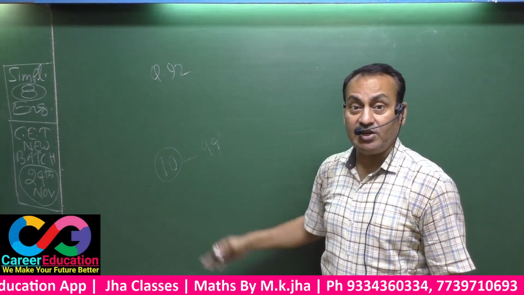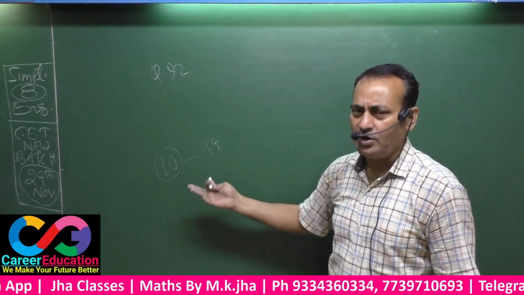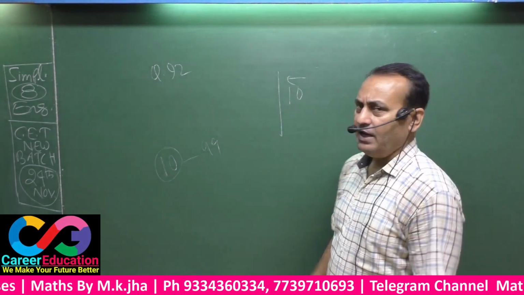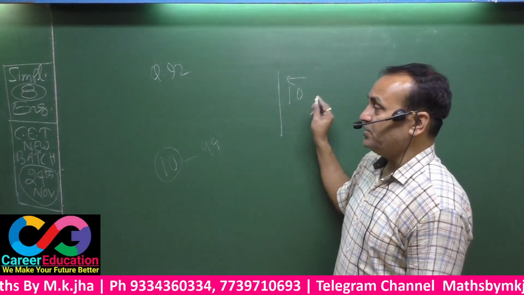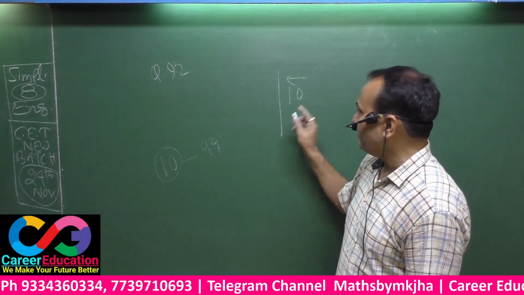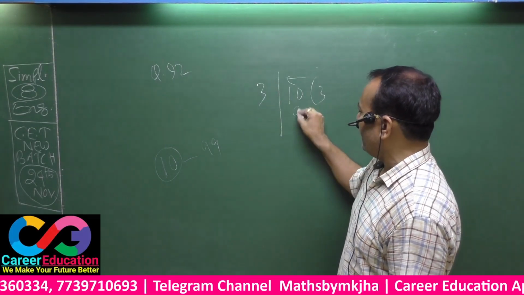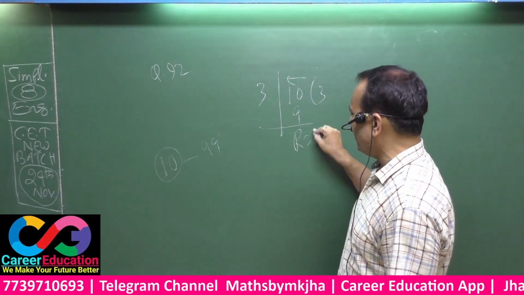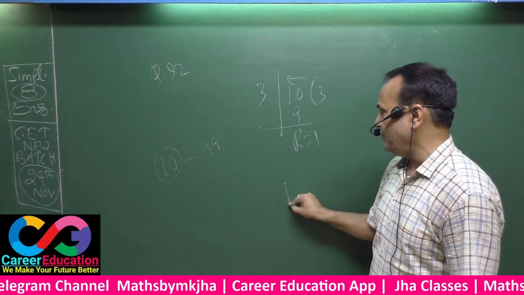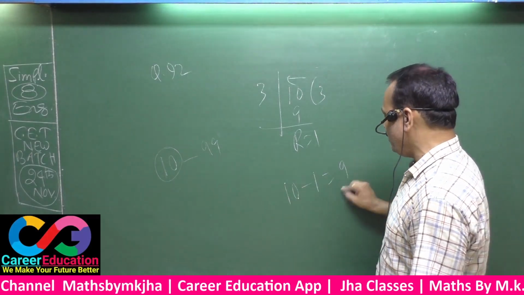You have to judge whether this is a perfect square number or not. So this is not a perfect square number. Certainly, see here, you have to take the square root of 10. That means you have to make a pair from the right. 3 threes are 9. You got a remainder here of only 1. That means you may subtract 1 from 10. If you subtract 1 from 10, you get 9.